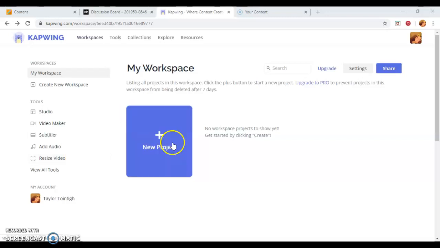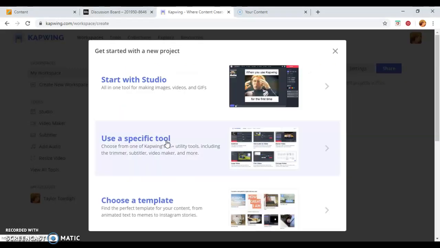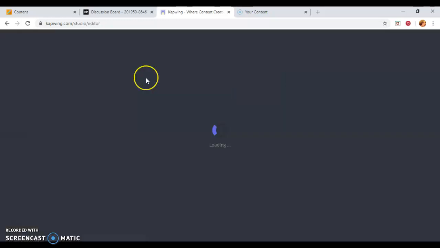So I'm just going to start a new project, and you can open a specific tool, which is useful if you're going in specifically knowing you want to add subtitles to your video, you could go here. If you didn't click that link, this one you can just do everything with. It says it's the all-in-one tool for making images, videos, and GIFs, whatever you call them. So I'm going to start with the studio,